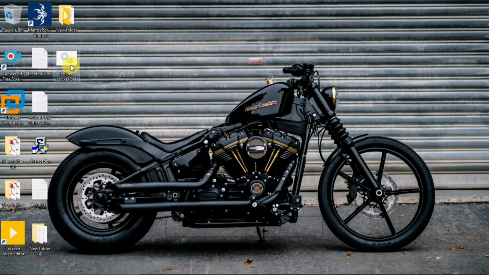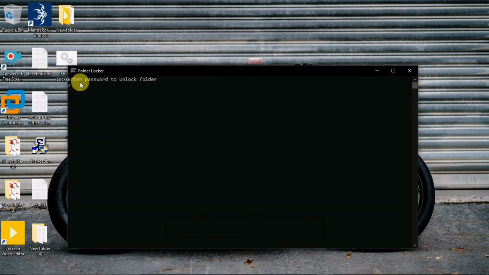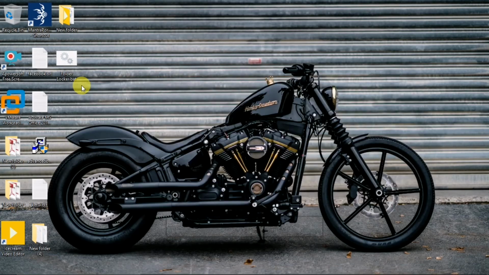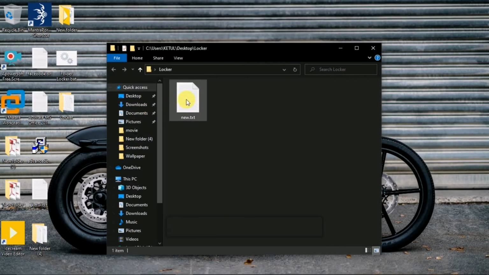Again, to open that folder, you just have to double click on it and enter the password, 1234. You can see that folder again, and your data is secured in that folder.